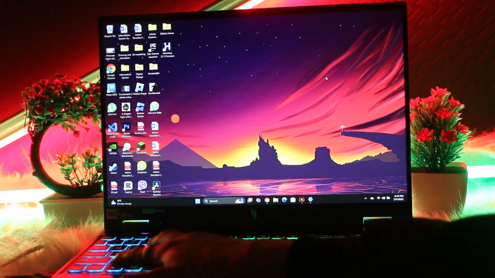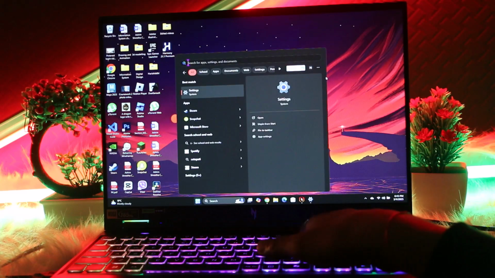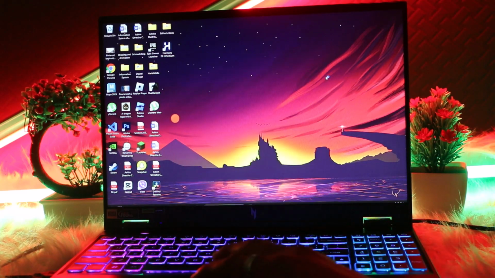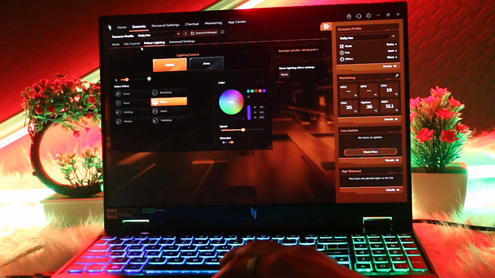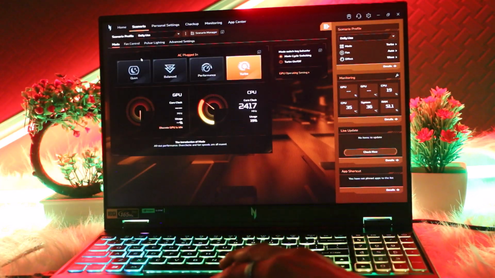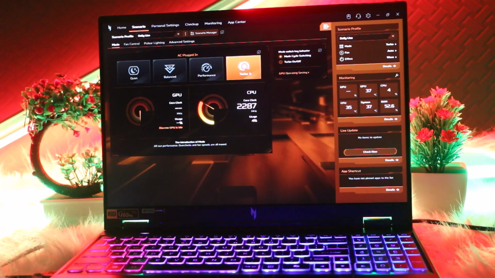So the first thing that you need to do is head over and open up your Nitro app, and then once you're inside there, head over and select the mode option. Now here what you need to do is simply select among the options from performance or turbo, and then enable high performance or gaming mode if available, or just set fan speed to max or auto for better cooling, then click